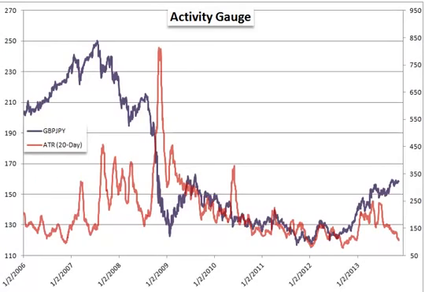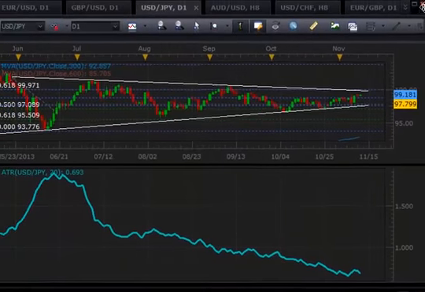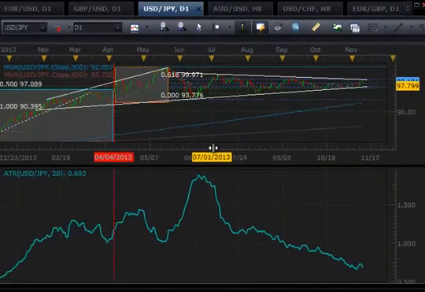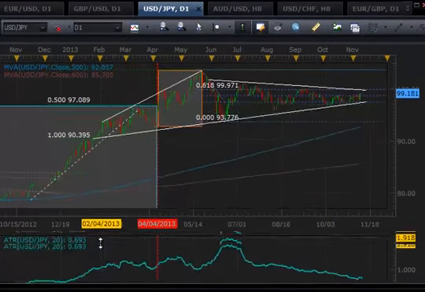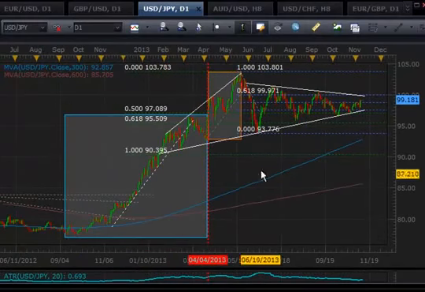So we have very different readings on this. We can call this an extreme low, but we can also see degrees of activity both increasing and decreasing. For the dollar yen, which is another yen-based cross, you can see that we are working our way down to our lowest level since the beginning of the year. These are the most quiet conditions that we've had since the beginning of the year, and that creates